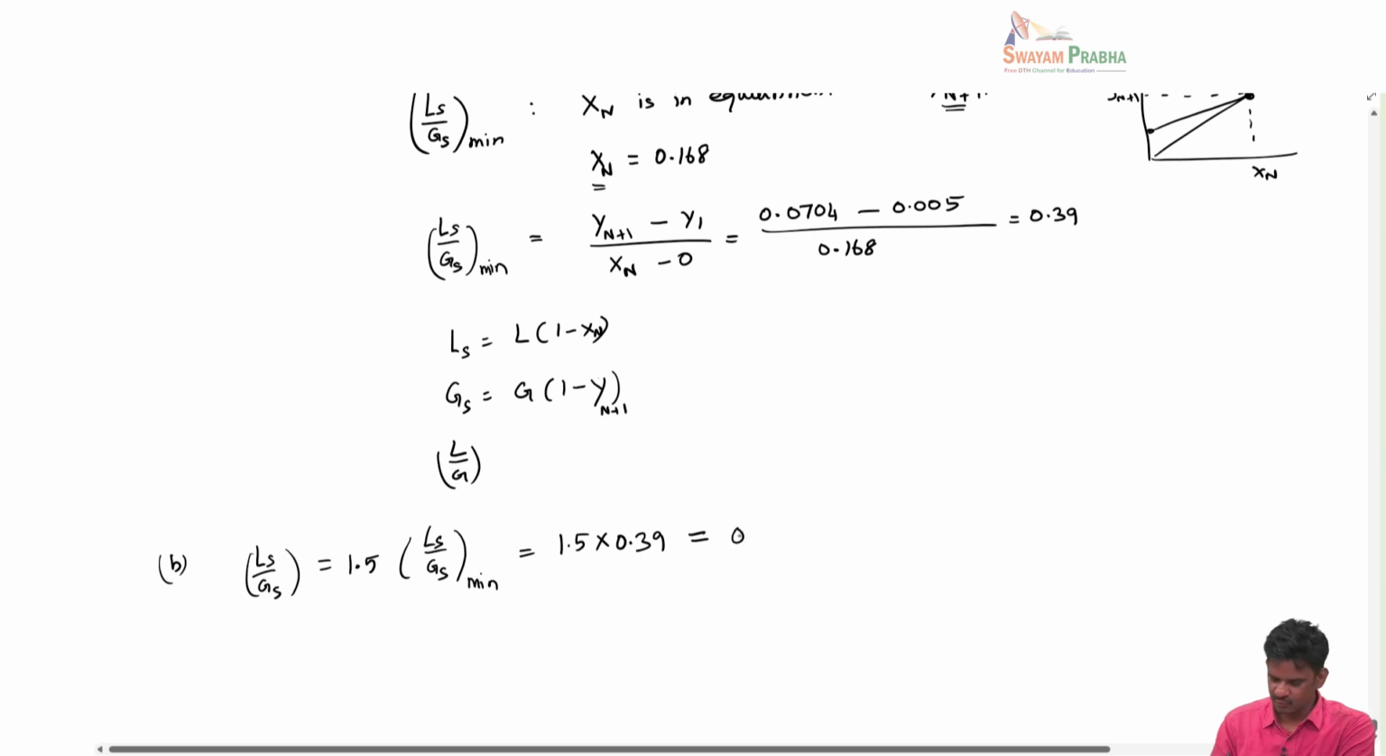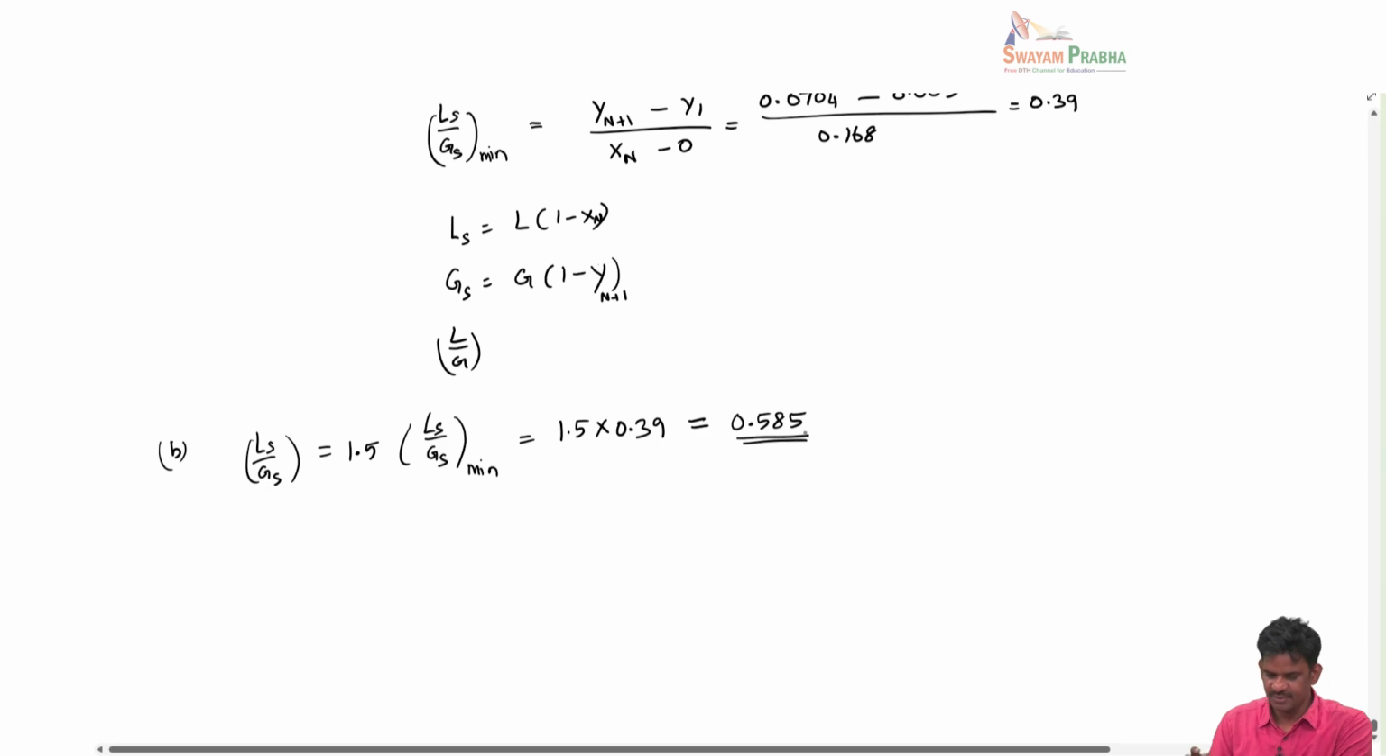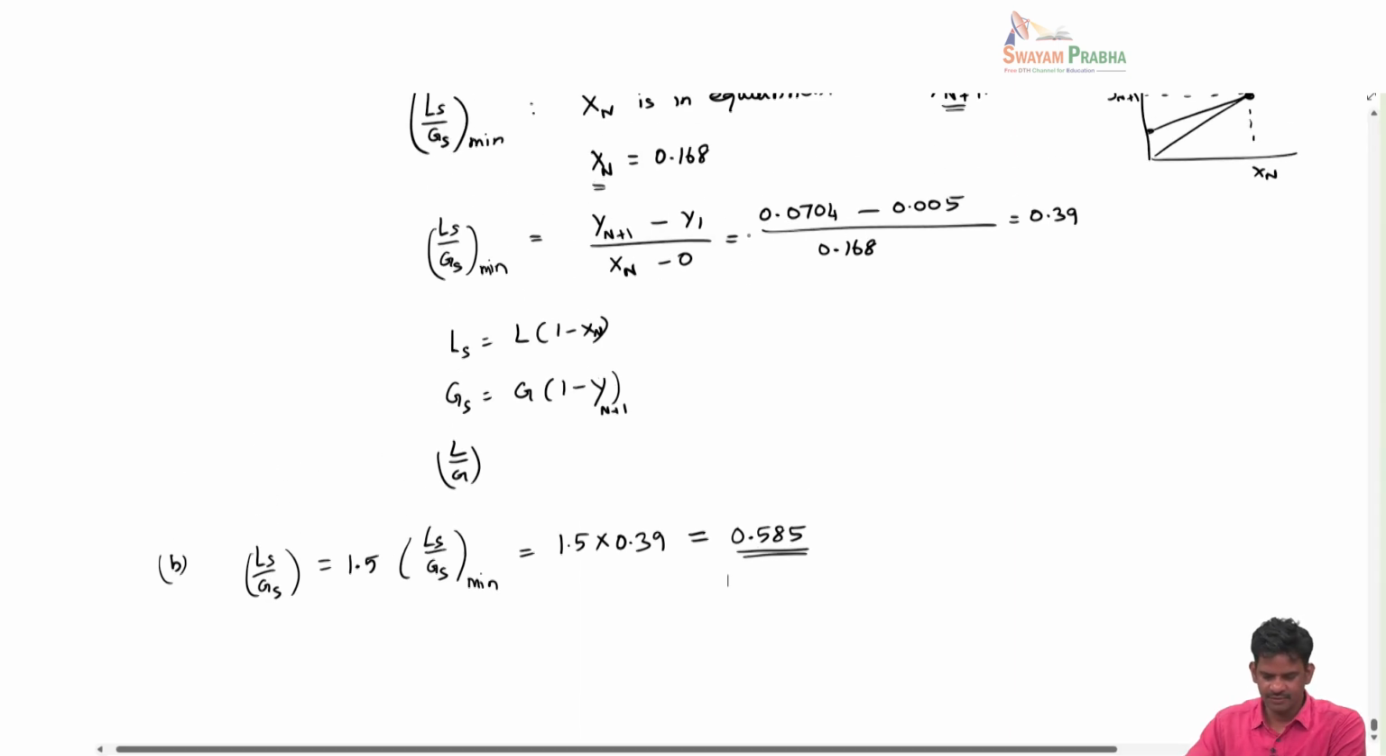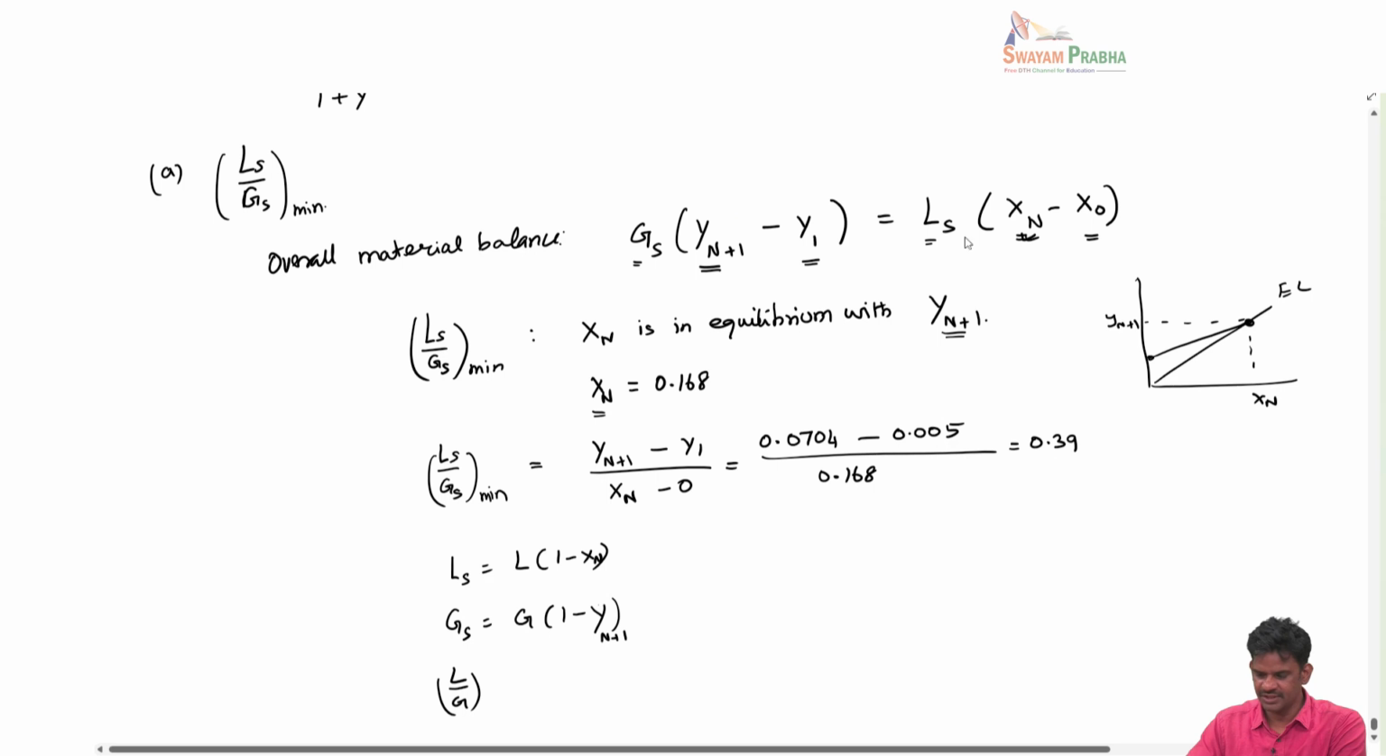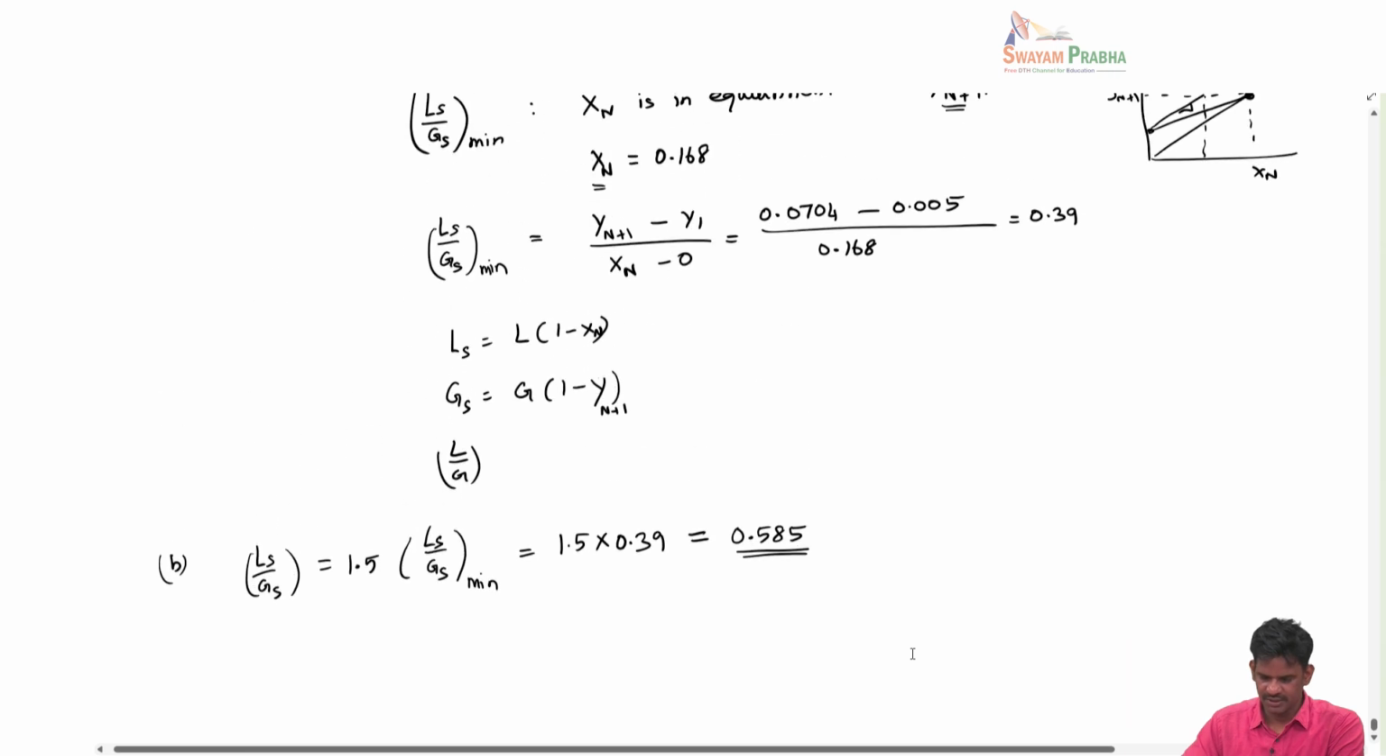And you will get something like 0.585. So now we have the actual Ls by Gs value. We can go back to the material balance here and solve for the actual xn. So the actual xn should be somewhere here. This slope is 1.5 times the minimum. So you can solve for